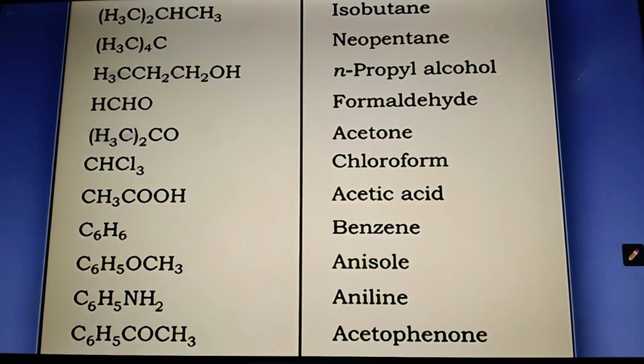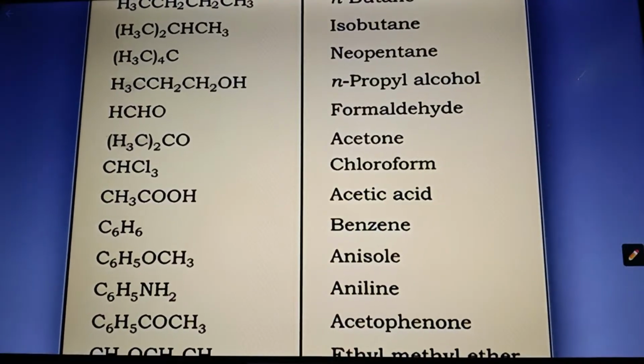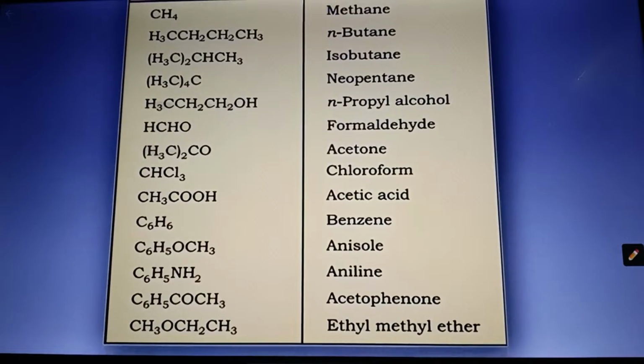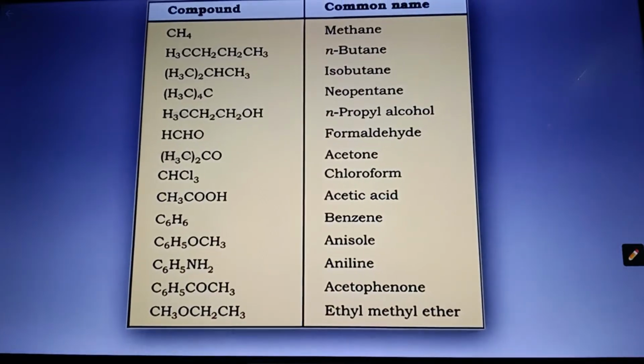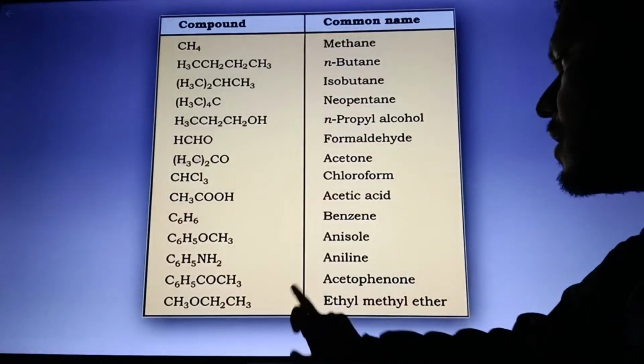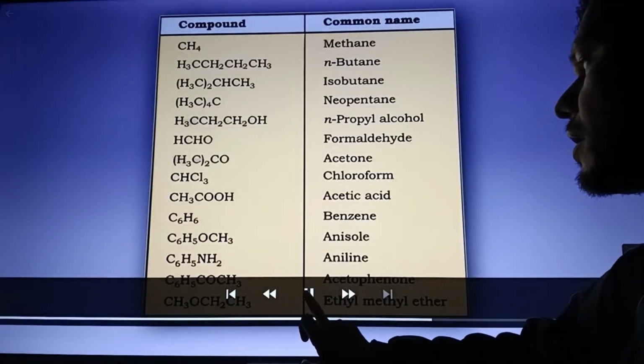Common names are useful and in many cases indispensable, particularly when the alternative systematic names are lengthy and complicated. Common names of some organic compounds are given here in